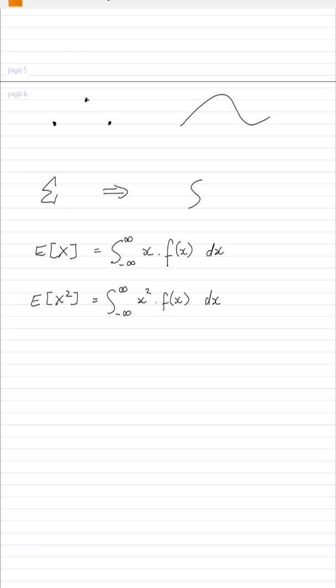So you can go to higher ones, so the expected value of x cubed, expected value of x to the fourth. It starts to get a bit trickier, a bit more involved. But for the time being, if you can remember that the expected value, the mean value, is the integral in a continuous domain, the integral over all possible values of x multiplied by the function at those values of x with respect to x, and the expected value of x squared is the same